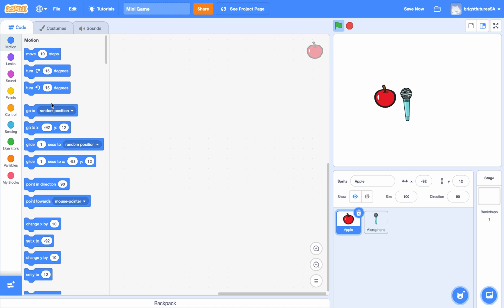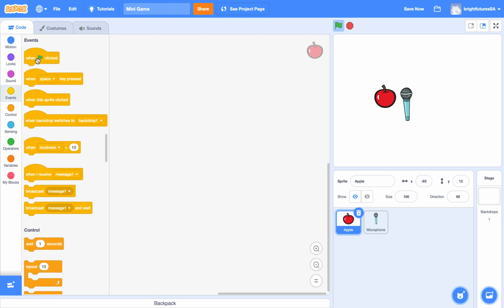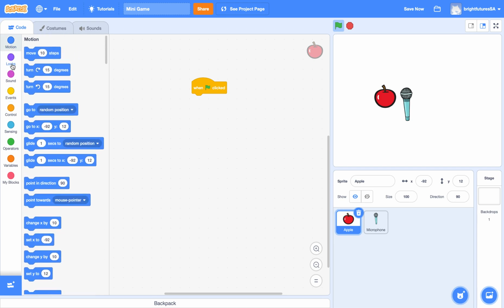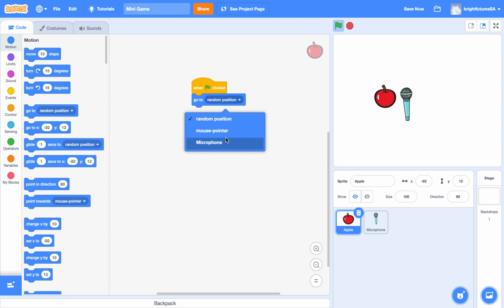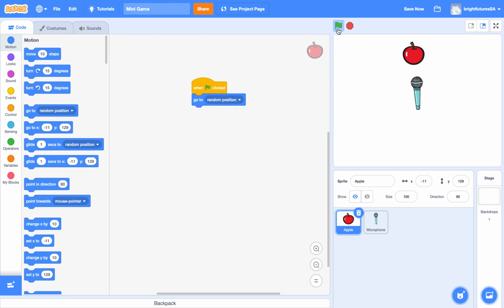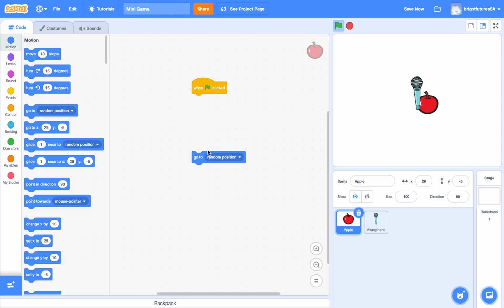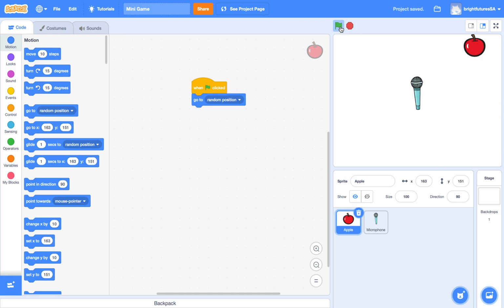Now in this case, we have to go to when the green flag is pressed, and we want to make it move in random places. So we would have to go to random position, when flag is pressed. But in this case, when we put it like this, it only goes to random position when the green flag is pressed, but we